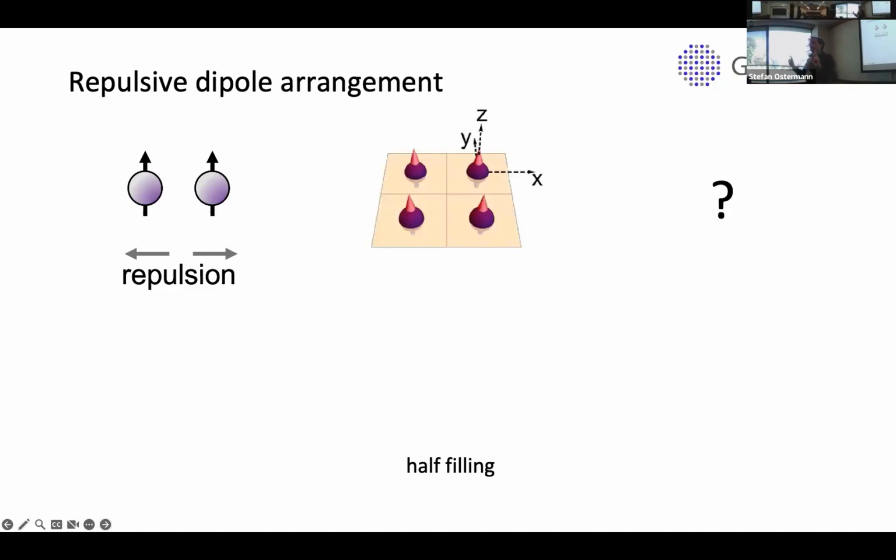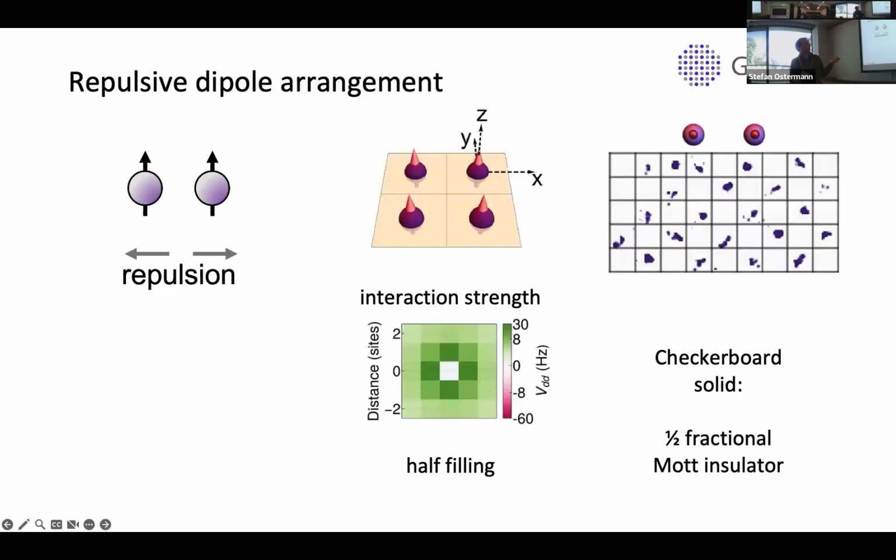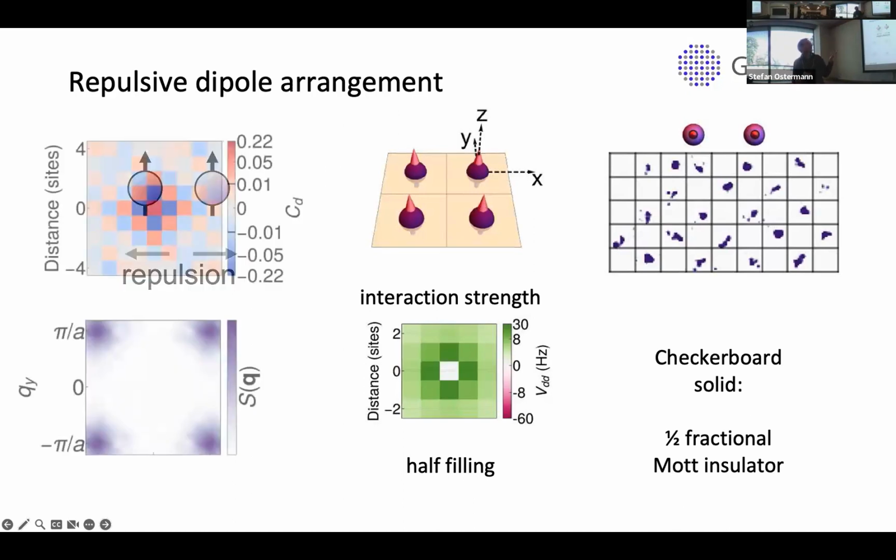Well, to first order, the dominant thing is that you don't want other atoms on the neighboring side. So if you are at half filling, you would expect a checkerboard, and that's exactly what we find. So we can adiabatically start with a superfluid here, and then go into the strongly correlated regime, and we find a dipolar quantum solid here, and then ultimately in the atomic limit, you get kind of a checkerboard